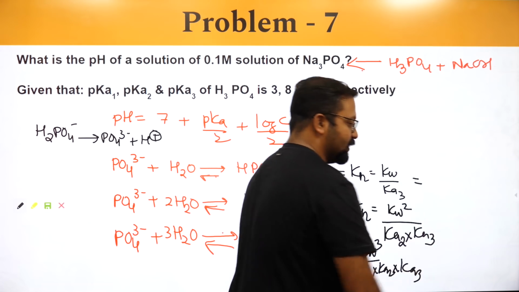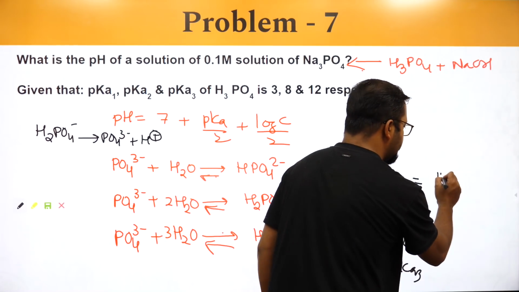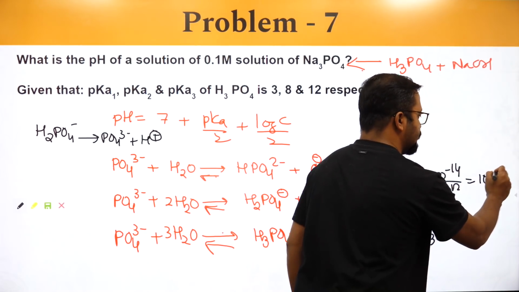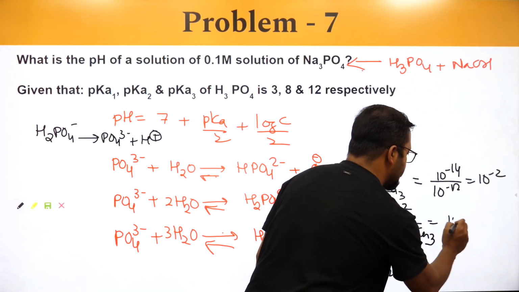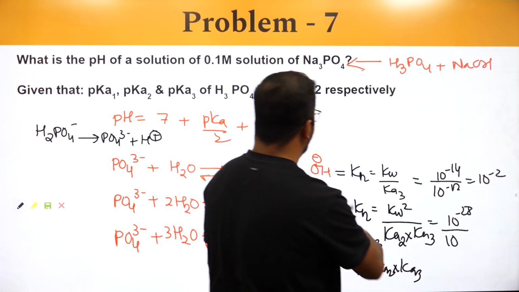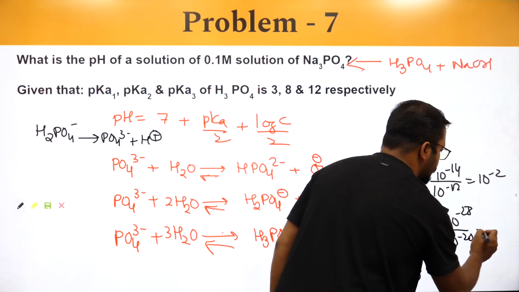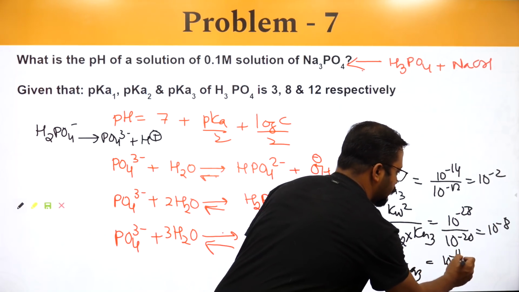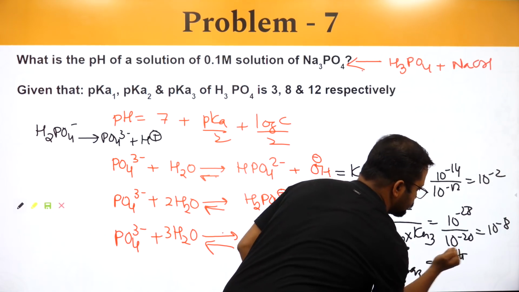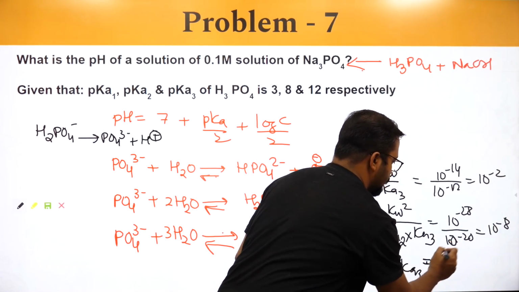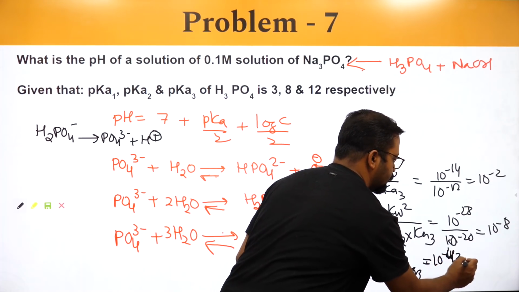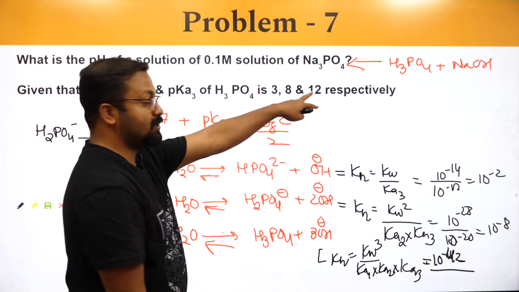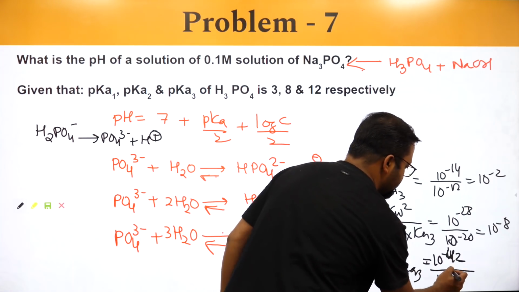The KH value for this will be equal to 10 raised to minus 14, and KA3 is 10 raised to minus 12, so this becomes 10 raised to minus 2. This will be 10 raised to minus 28 by 10 raised to 20, 10 raised to minus 8. This will be 10 raised to minus 42, by 10 raised to minus 3, 10 raised to minus 23,